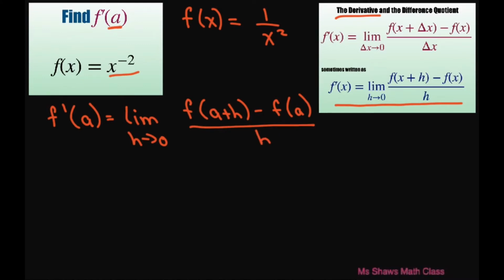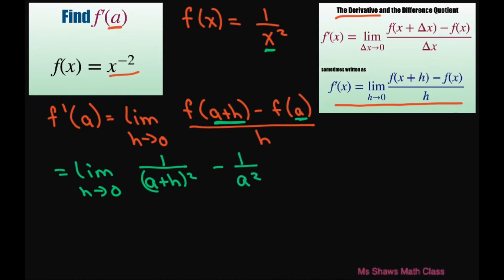So let's go ahead and substitute in our a plus h. This is going to give me the limit as h approaches 0. So this is going to be 1 divided by a plus h squared. I just substituted in that, and then you subtract just the a, which is 1 divided by a squared, all